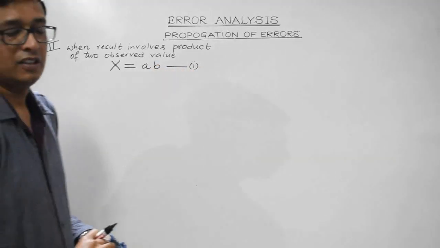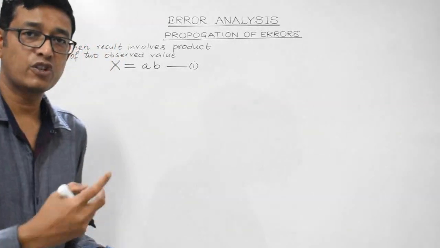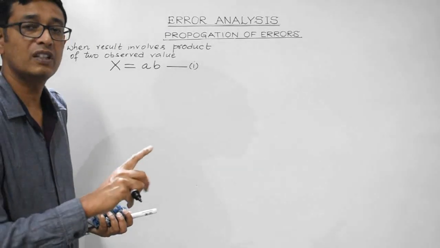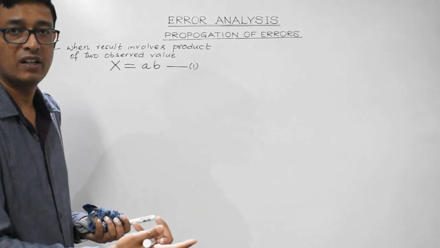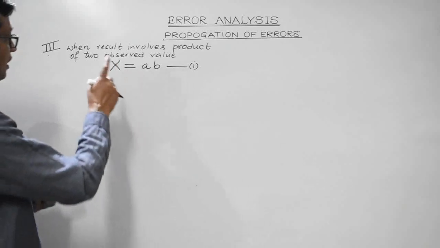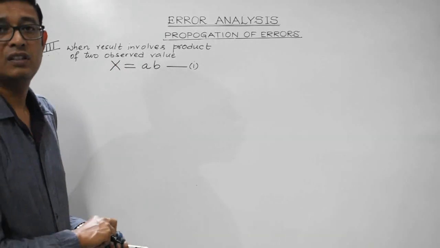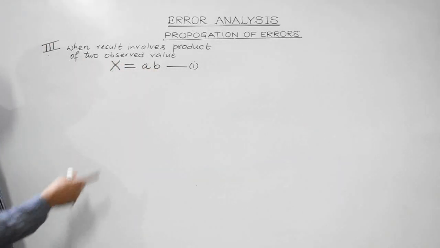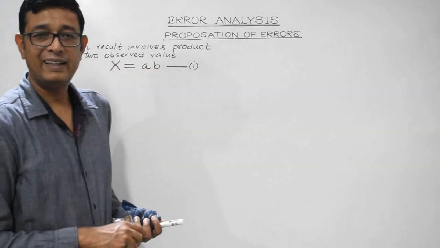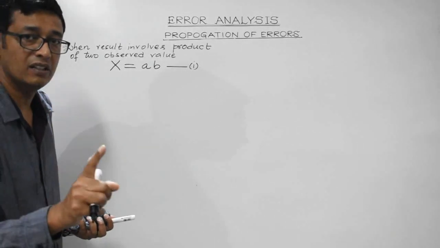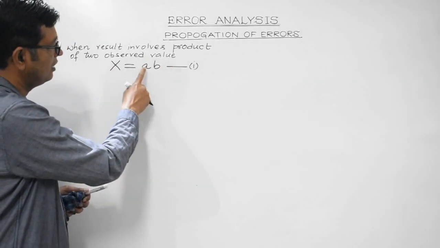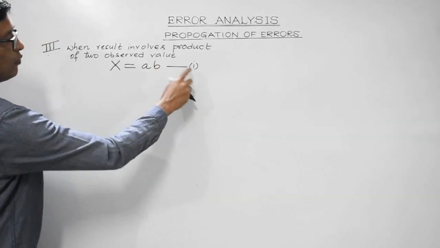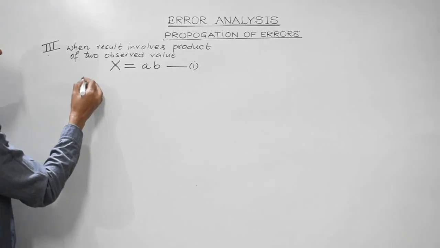right? In the first case we have discussed the result involving the addition of two measured quantities, x equals a plus b. In the second case we have discussed the result involving the difference of two measured quantities, that is x equals a minus b. In this case we are dealing with the result involving the product of two measured quantities. Again, let us consider del x, del a and del b as the absolute errors in the measurement of x, a and b respectively. So, if you write equation 1 in terms of absolute errors, what you get is x